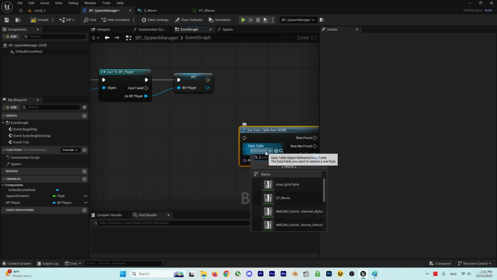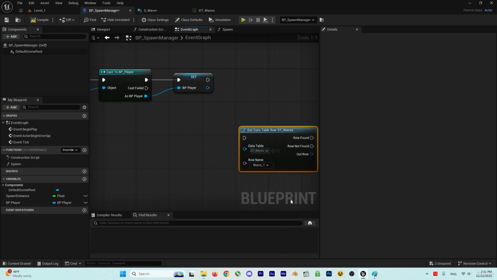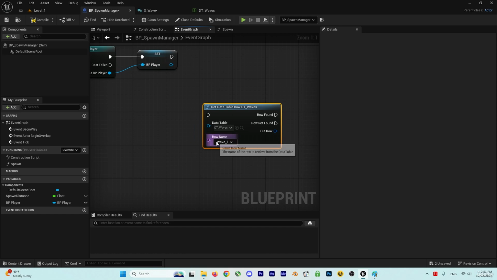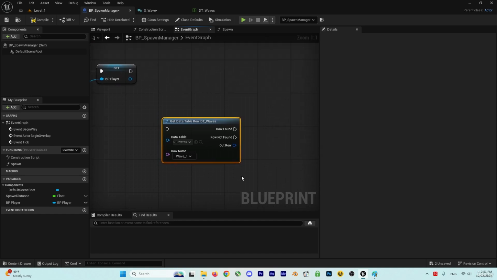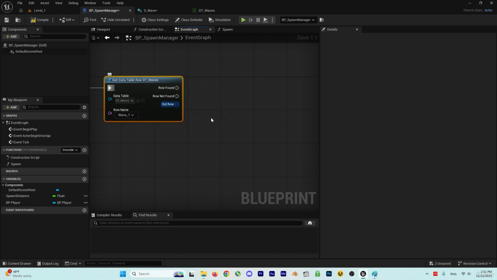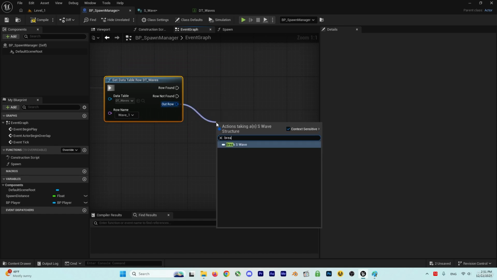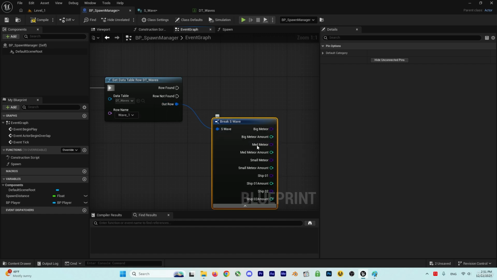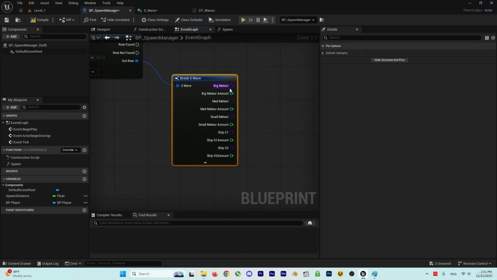Which data table is DT waves that we create together. It will tell you which row you want. For example, let's just use wave 1, right? And in here, it needs the execution pin, so let's just give it that, like this. And this out row name, I want to break it to see what it is. It is just AS wave, that it will give us the class references and the amount that we should create,